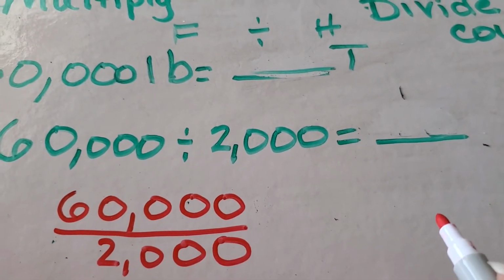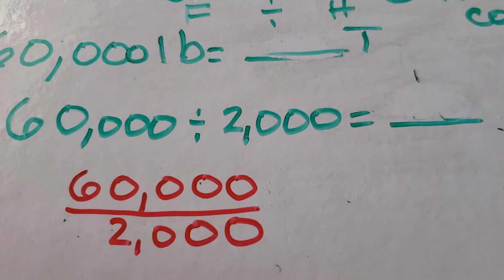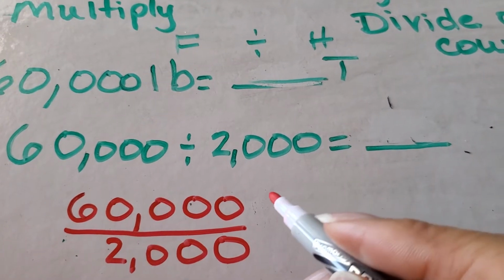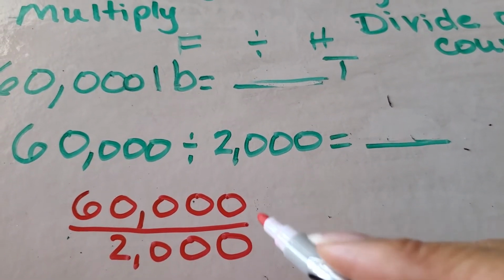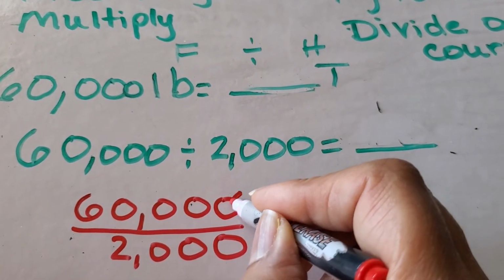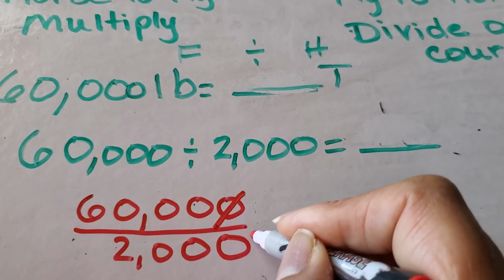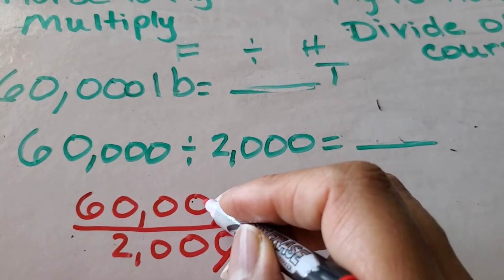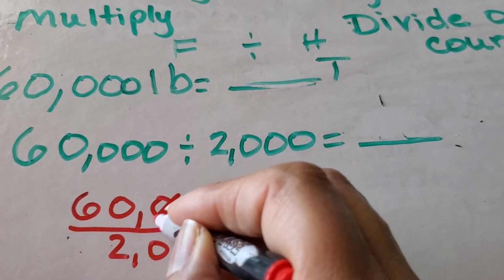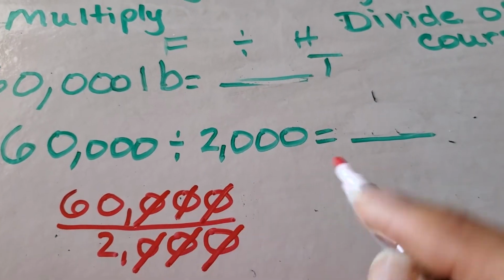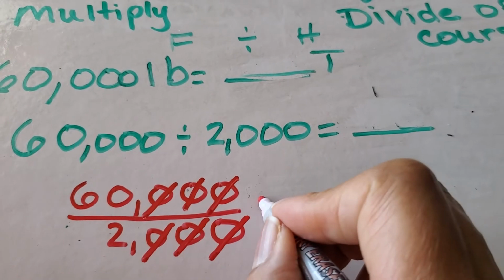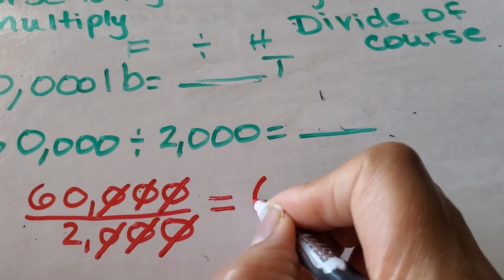Remember that saying I had? 0 can be your very best friend, right? And it can be. So guess what? However many zeros you cross out in the top, you can cross out in the bottom. In other words, you have a 0 in the numerator, cross it out. 0 in denominator, cross it out. You got the same amount in your numerator, cross it out. Denominator, cross it out. Numerator, denominator. And look, I've crossed out 3 zeros in my numerator and 3 in my denominator. Okay, so now that equals 60